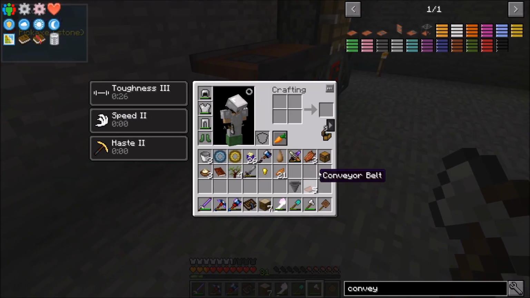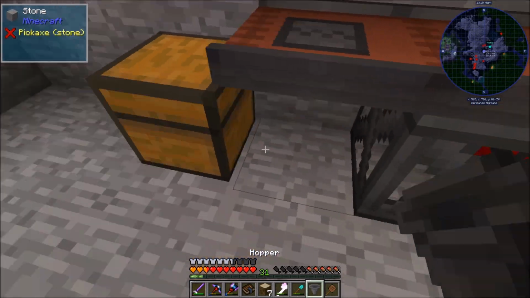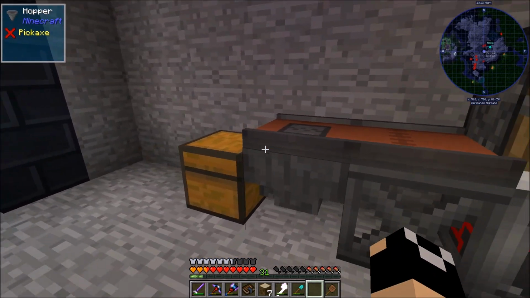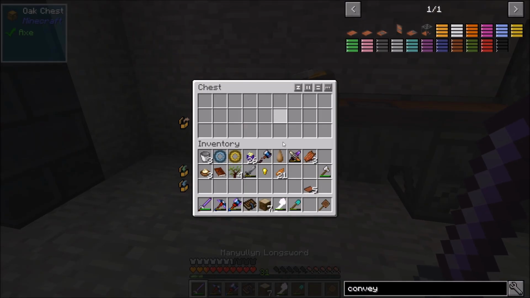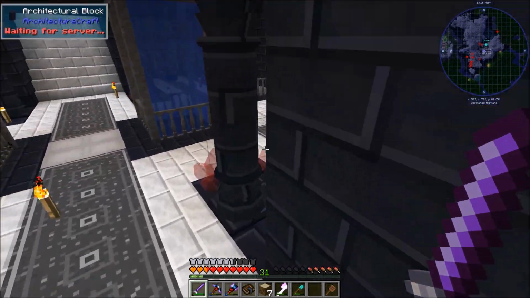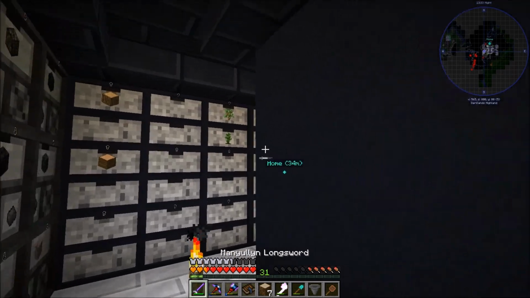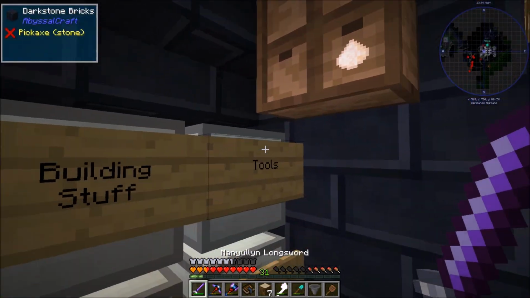Let's put the chest right here. And then we'll have the hopper right there feeding into the chest. That way we can still open it and get everything out of it. I'm used to having the chest right there because I'm used to having it set up for automation to a system. There we go. And then we also need our engineer's